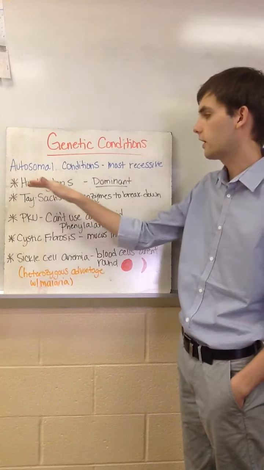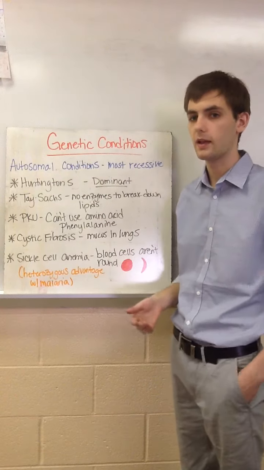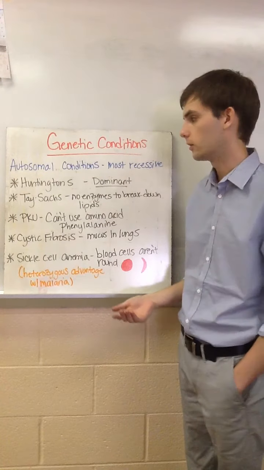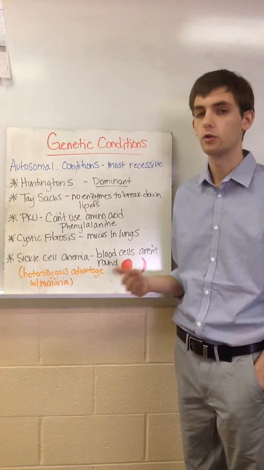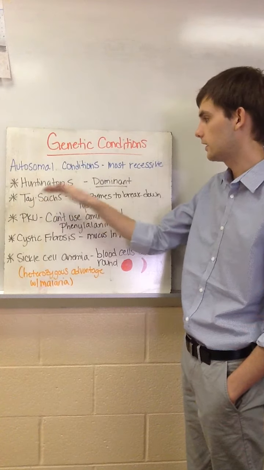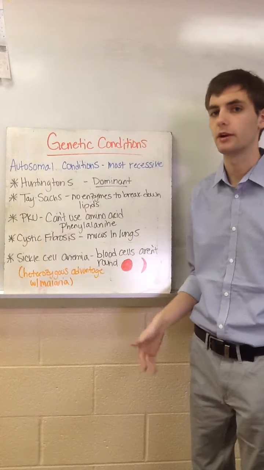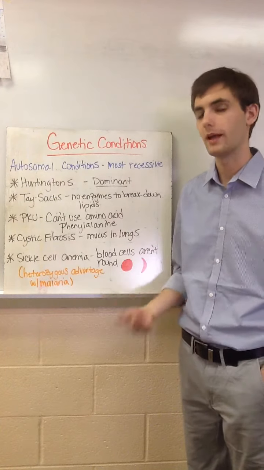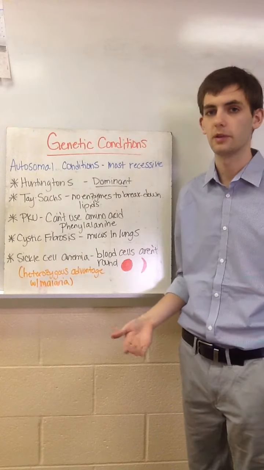The first is Huntington's. This is the exception to this rule. Huntington's is caused by a dominant allele. And this is when your brain starts to deteriorate, normally around the middle ages. Tay-Sachs disease is a recessive condition, and this is when your body lacks enzymes to break down lipids. So, for example, lipase isn't present in people who have Tay-Sachs, and those lipids can build up and eventually cause